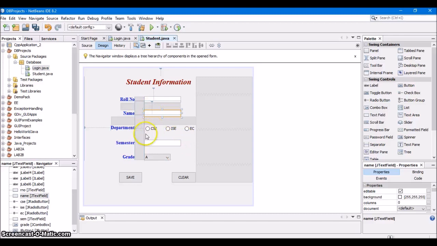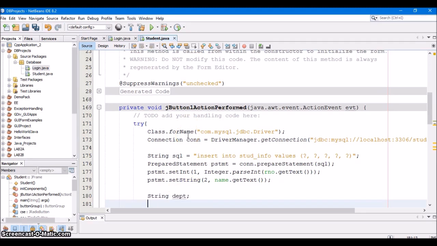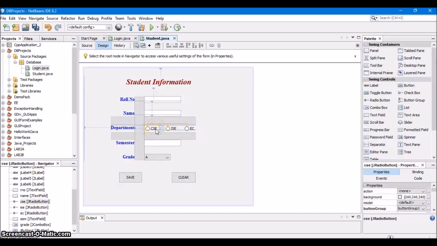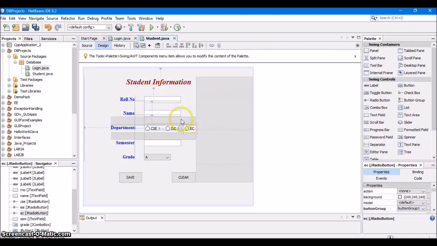Next, we need to read the department. Department is a radio button. So for that, first create a string type variable called department. Then if, we have renamed these radio buttons to CSE, ISE and EC. So if CSE is selected,